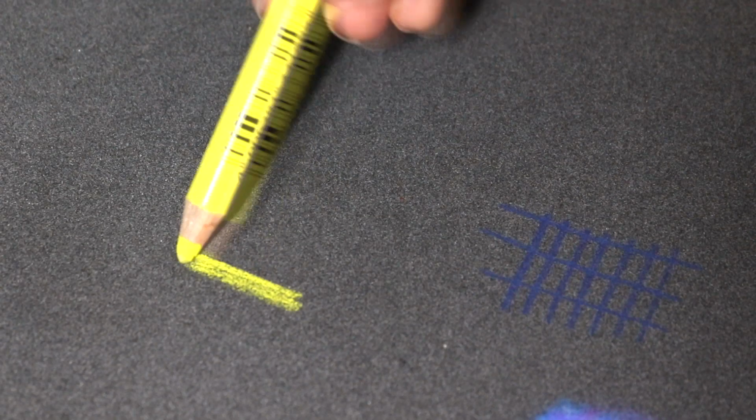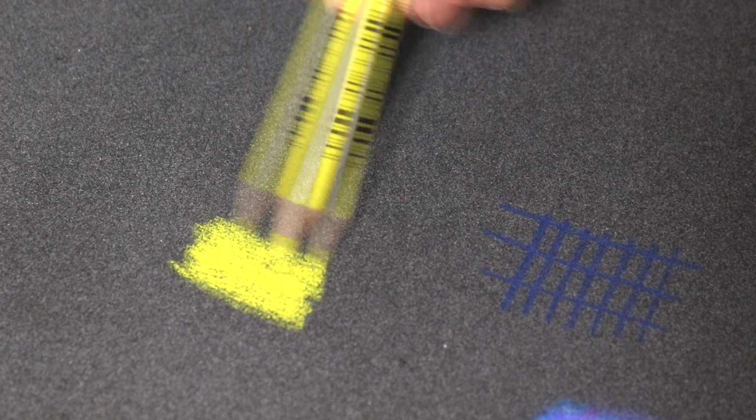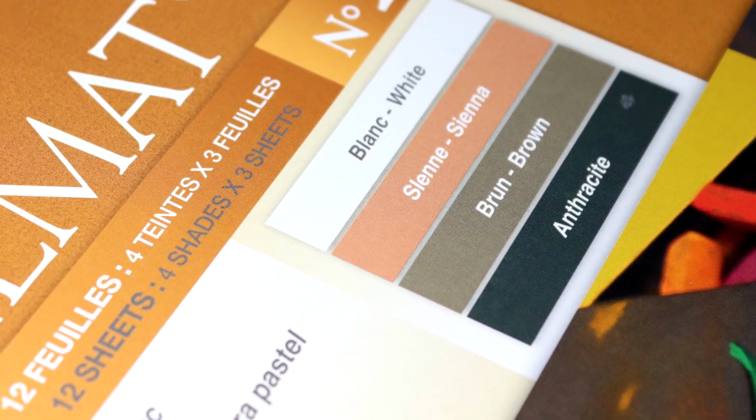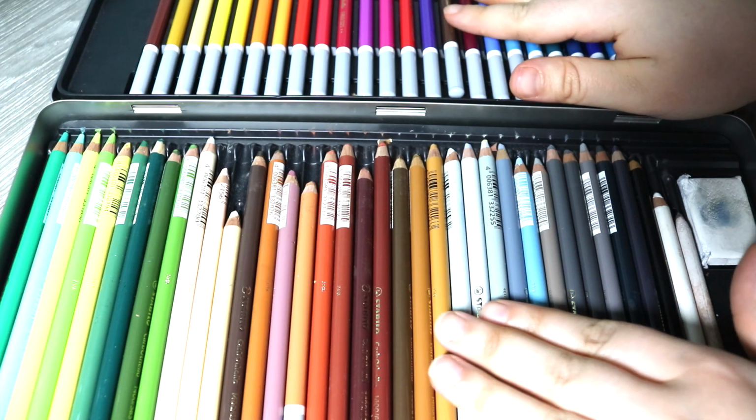create a lot more depth and layering, whereas you wouldn't be able to do this if the paper was too thin. There is a lot of grain and texture to this, which is so important because the pastel particles need tooth and texture to grip onto, otherwise they will fall off the paper. It is also important that the pastel particles stay on the paper because they aid with blending and adding colour